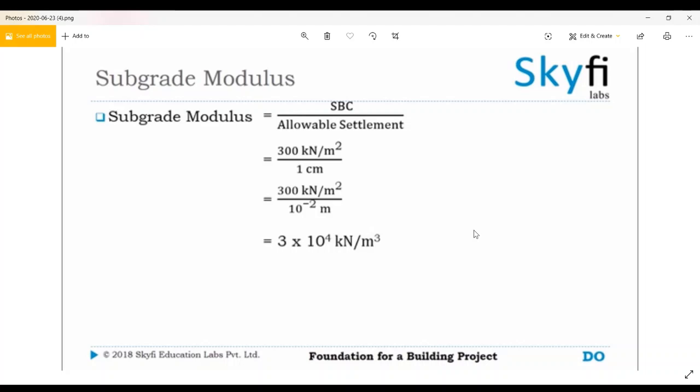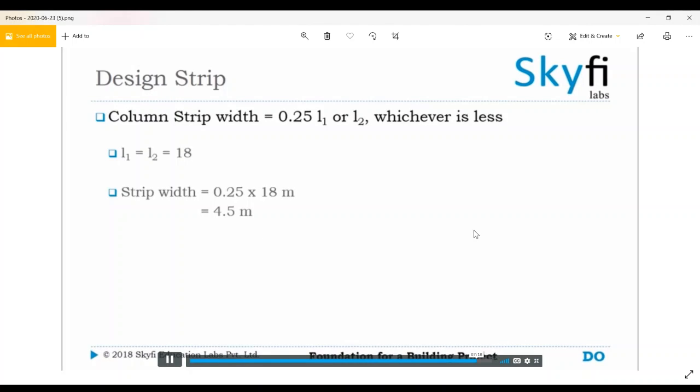The second calculation which we will be doing is of the column strip width. For designing a footing, it is very important that we define the width of the strips. So how do we find the width of the strips? It is 0.25 L1 or L2, whichever is less. Now in our case, L1 and L2 are the dimensions of the plan.